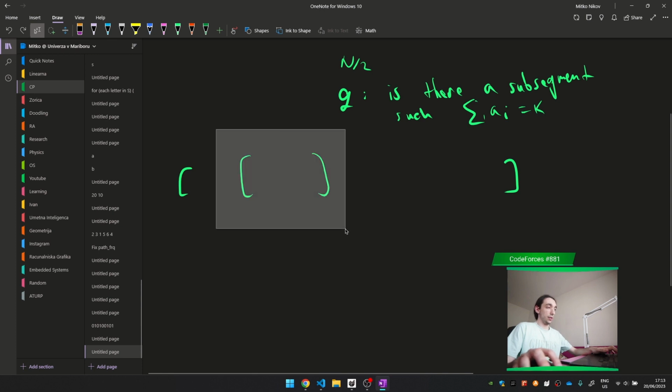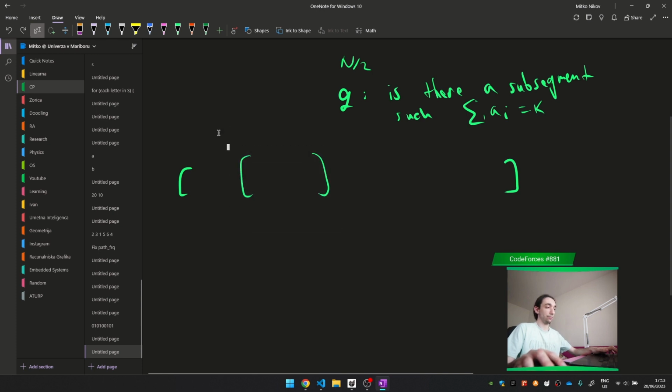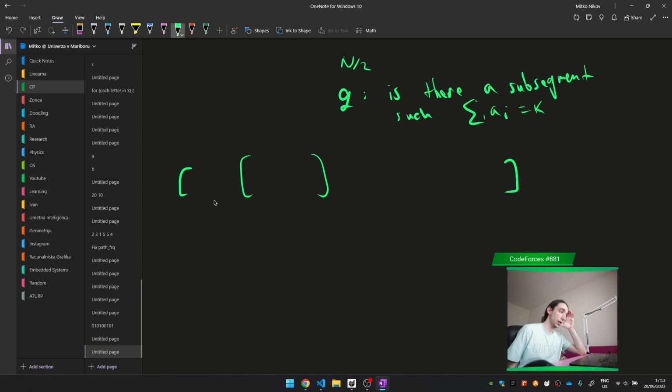So if that would be the case, you could iterate by this guy and then say, for all of these on the end, is there such k, so is there such a prefix that k is equal to, so you would go into the map and ask for k minus